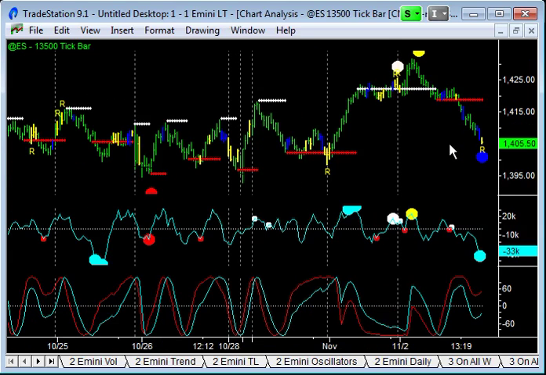So this has got to make pullback to end of trend on this lower time frame, 13,500. And it looks like we're so close to that 1400 level. We could just slice through there and keep on going before we make pullback to end of trend on the 13,500 tick bar chart. Now, again, just looking at Monday, Tuesday, surely with the elections coming up,